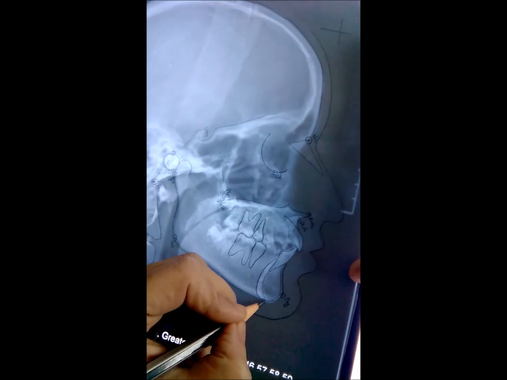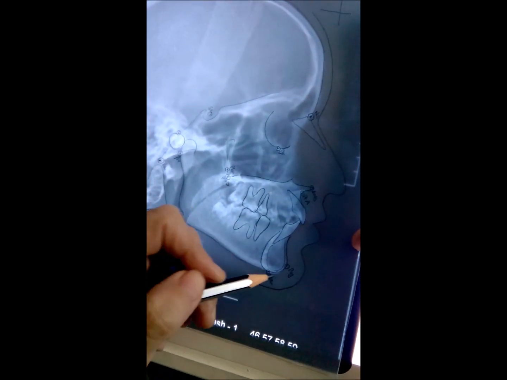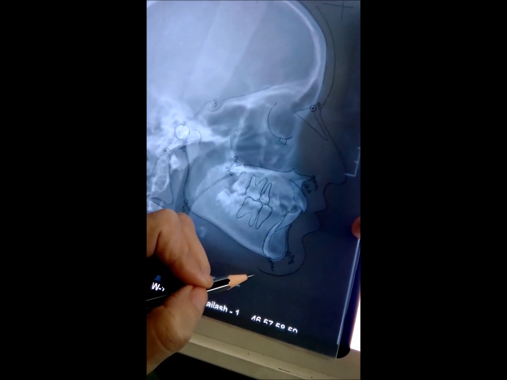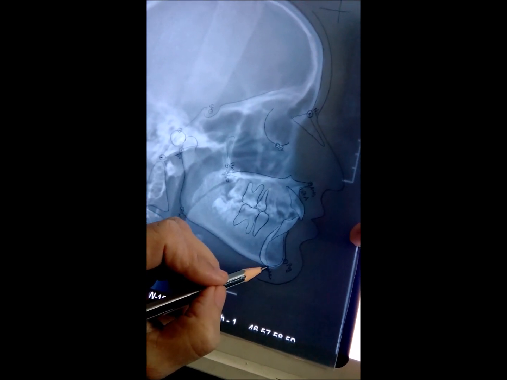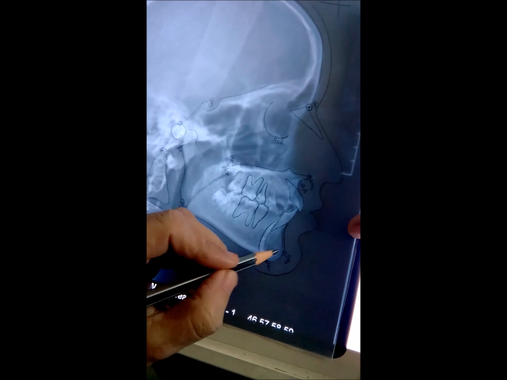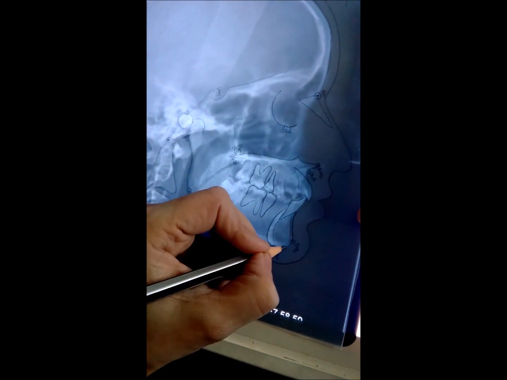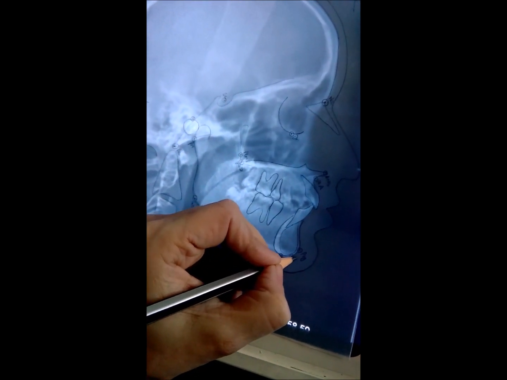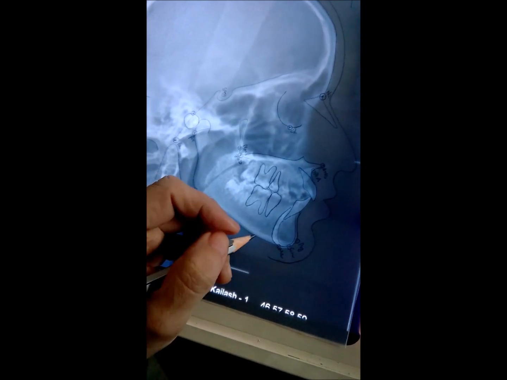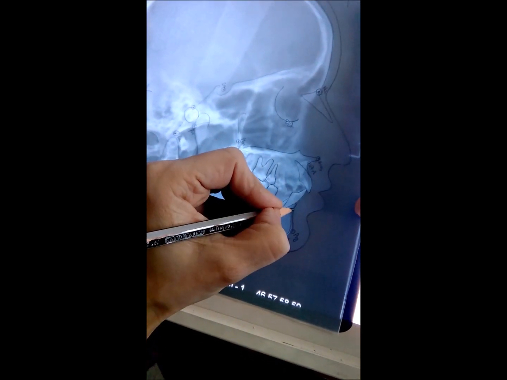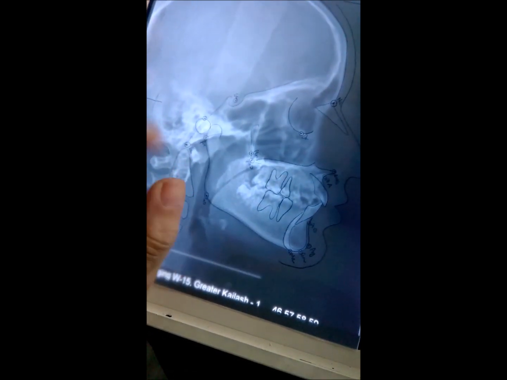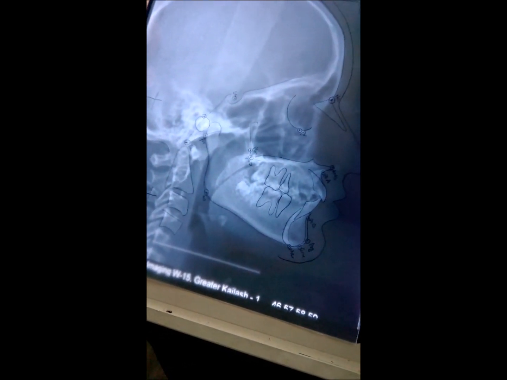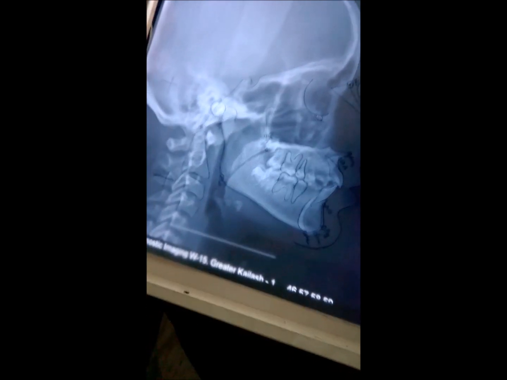Menton point. The lowest point on the symphysial shadow of the mandible seen on lateral cephalogram is the menton. Between these two, pogonion and menton, is the gnathion point. Then you have supramentale or point B. The most posterior midline point in the concavity of the mandible between the most